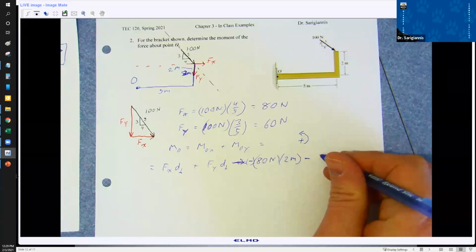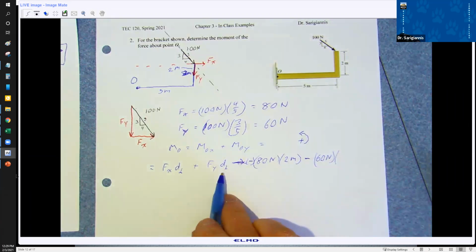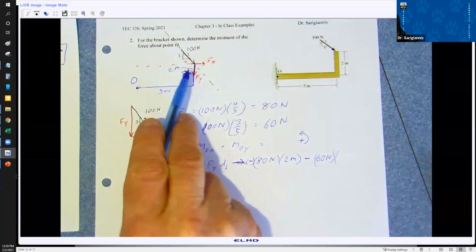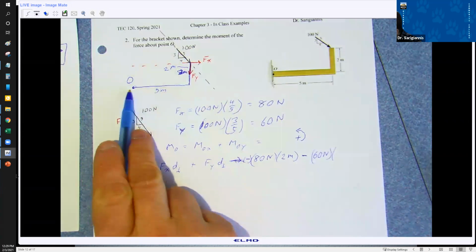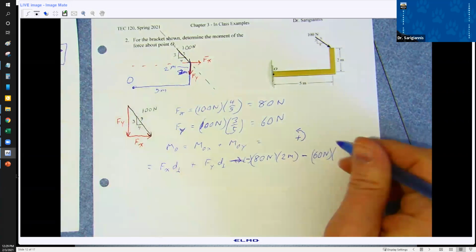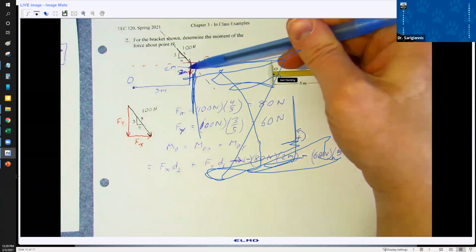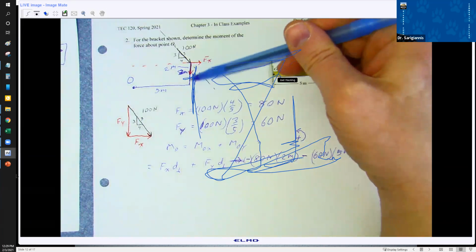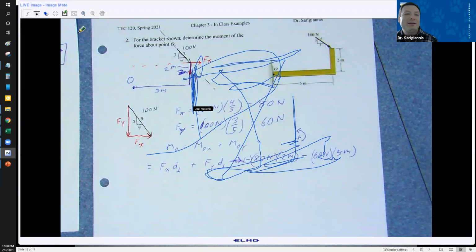Here we've got the y component of force is 60 newtons. And the perpendicular distance here, the line of action up and down, is 5 meters, right? And if we look at this y component of force,